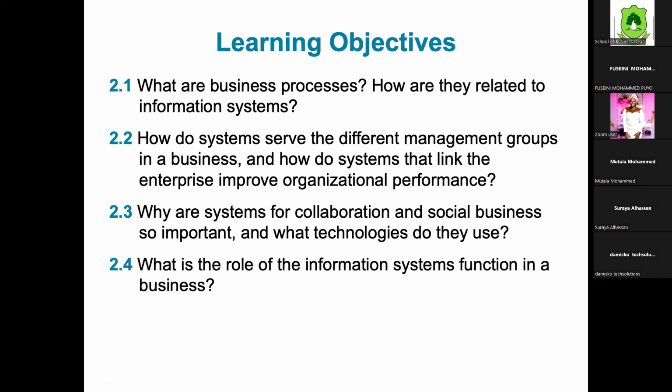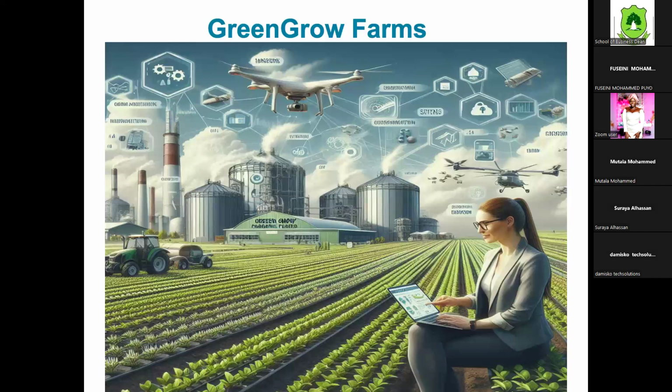Then we'll look at the role of the information systems function in a business. There are many organizations out there who have a role for the information systems function. They have an MIS department because of the importance they attach to it. In another organization, they don't care. There is nothing like an information system, so the manager or the accountant is even the information system guy. He does everything. Some organizations don't attach roles to it.